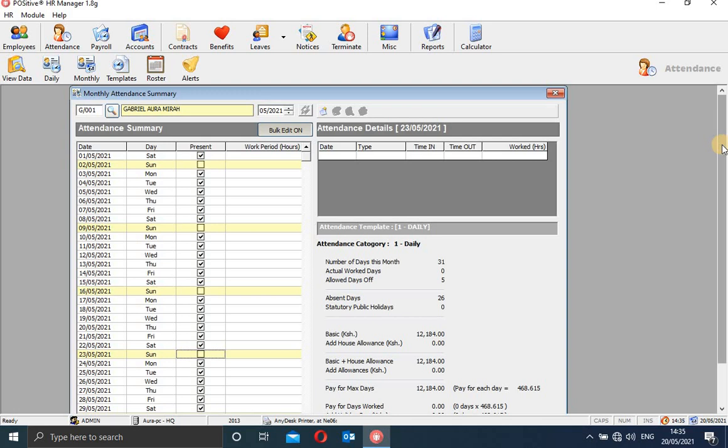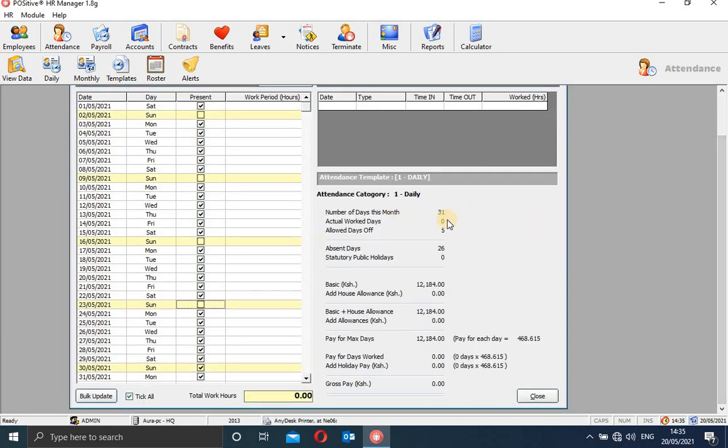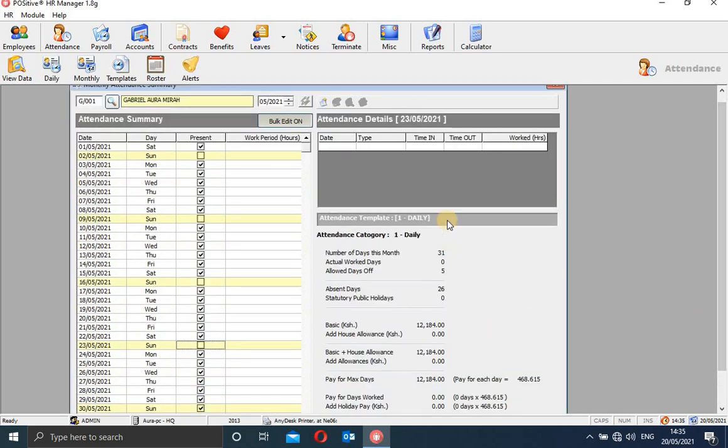So it will show you here, with the calculation done automatically, the number of days this employee works, and then the expected basic pay that he is supposed to get. You will see it here. This is where you need to verify with the employees before you process your payroll, so that they can say which days they never clocked in and the days that they clocked in.